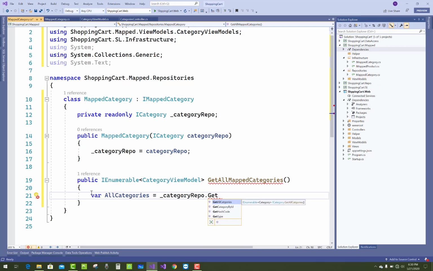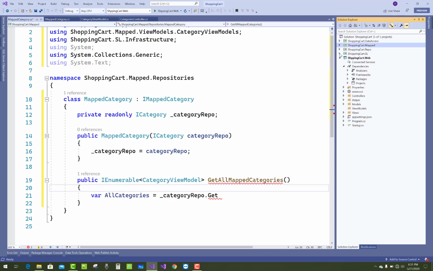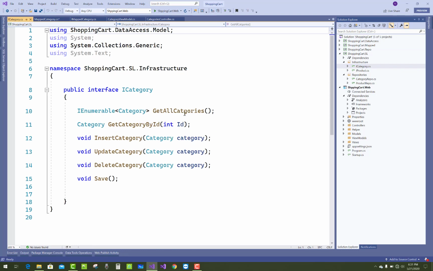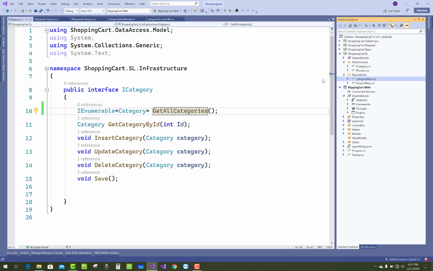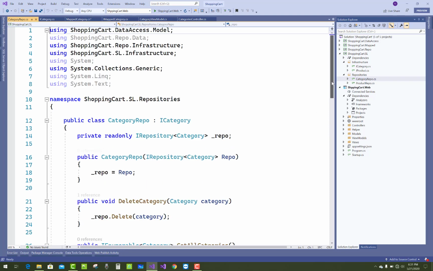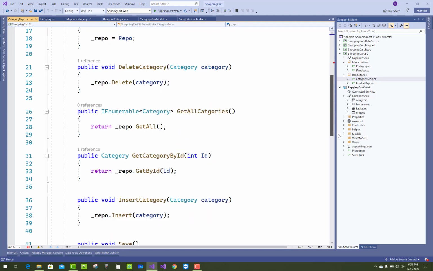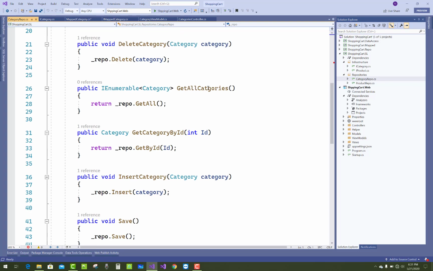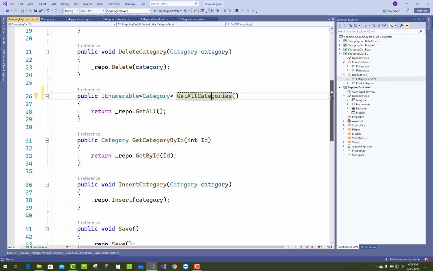So here we have IMappedCategory. Create a constructor in which you can initialize the ICategory interface, and by using this category info, ICategory, that is the super project. That project is related to the SL, actually the service layer.